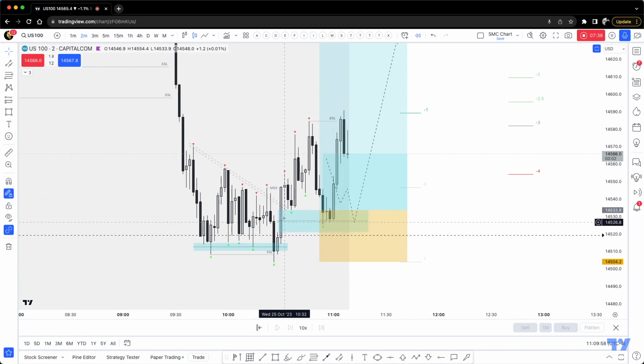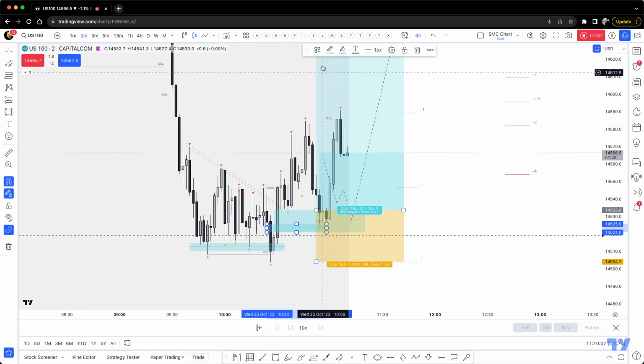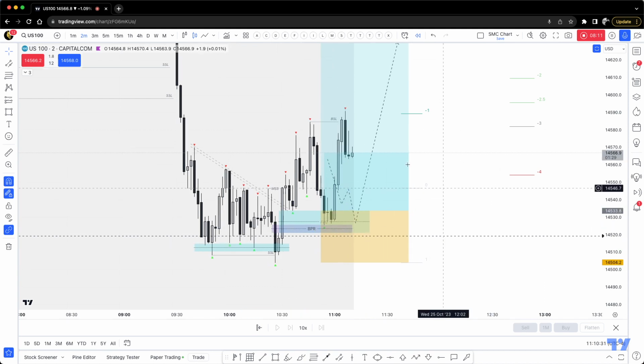Leaving us behind with a fair value gap. We even do have a fair value gap also from here. So we have a BPR, balance price range, in this area. Did it touch it? I don't know if it touched it, but we do have a BPR right there. So that is probably where your entry would have been if you're looking for the BPR or looking for that fair value gap. This is where it was. So entry would have been right here, stop loss below, take profit where we use the Fibonacci.